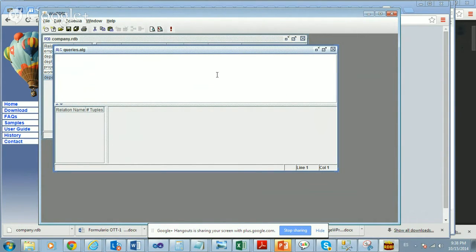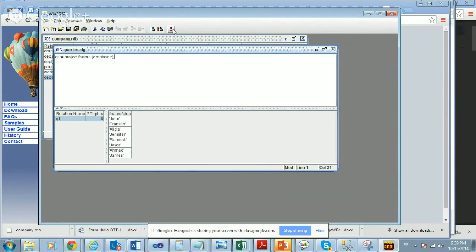Okay. The query number 1, for example, is going to be project fname from the employee table. You have to put a semicolon at the end, and you execute the query, and here are your tuples. Okay, so it's important that you use lowercase on the variable name here,